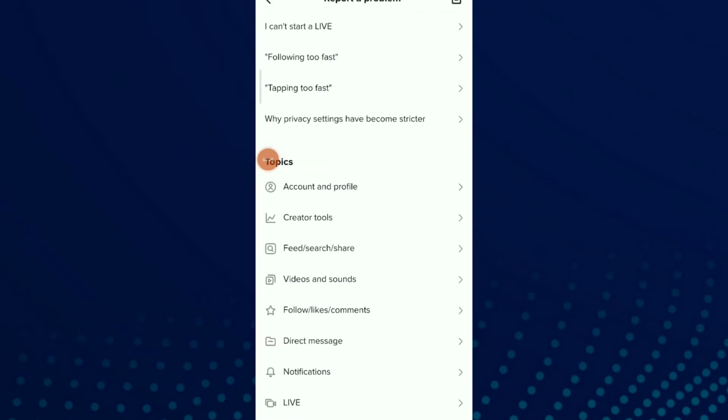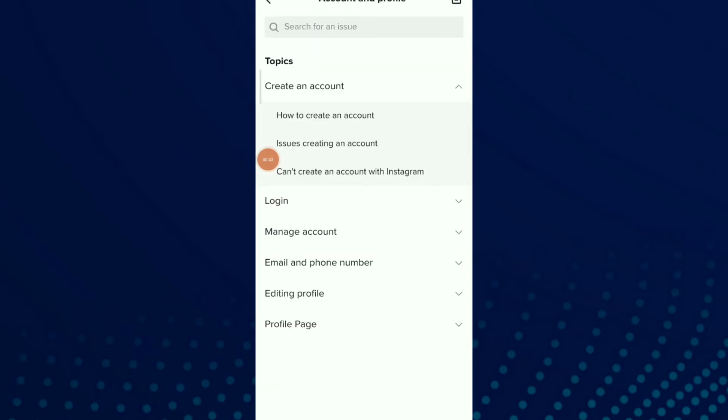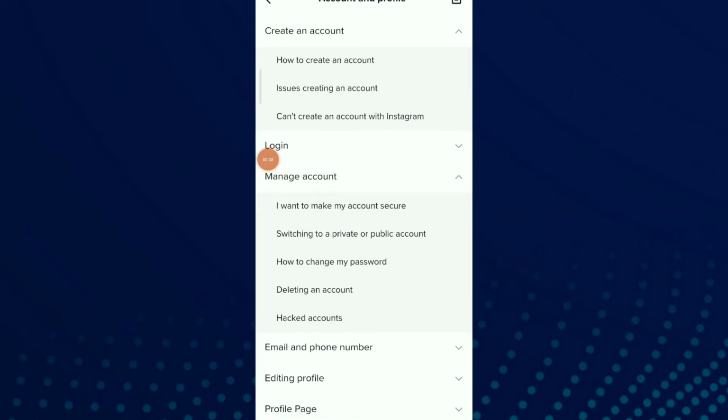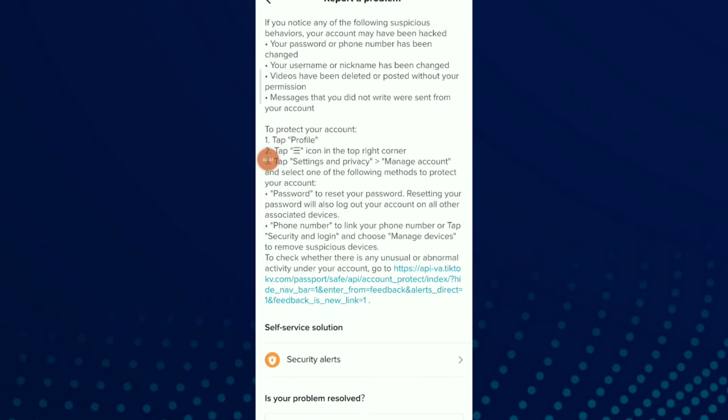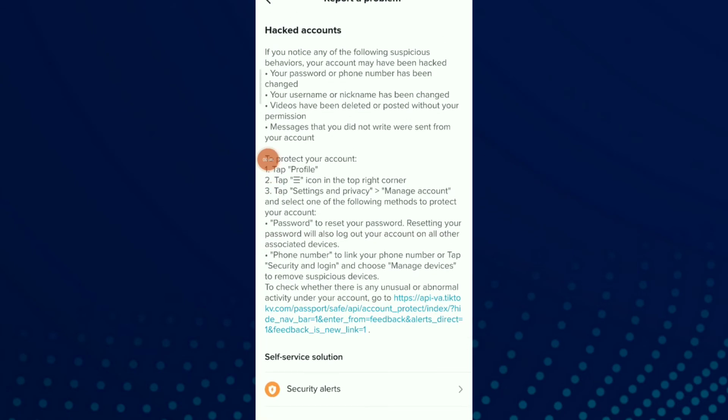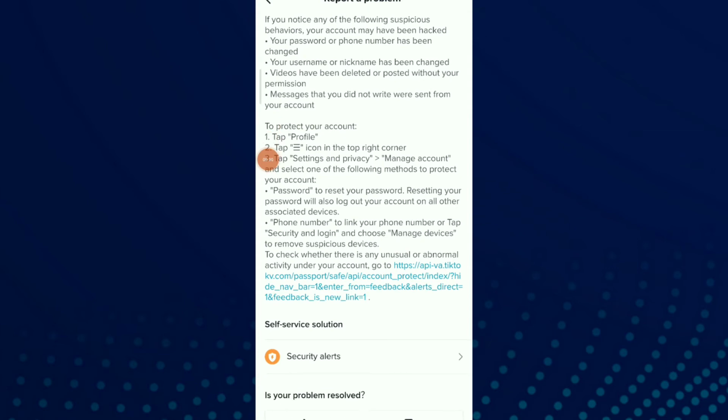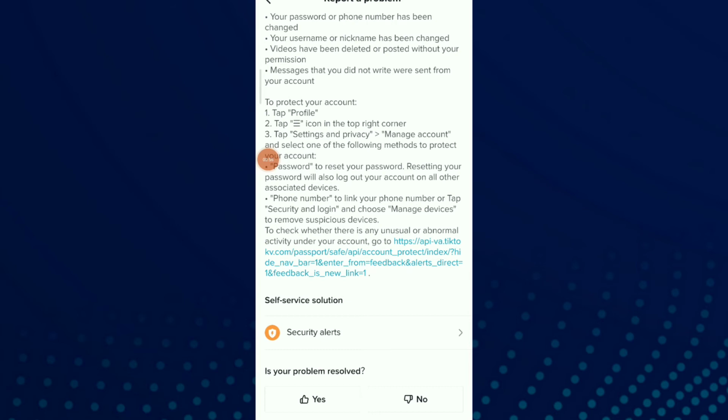And now scroll down and click on account and profile, and you're gonna find manage account. Click on it and click on hacked account. Now the TikTok team say that you should search for settings and privacy and select one of the following methods to protect your account, and you can also change your password, your phone number, or choose two-step